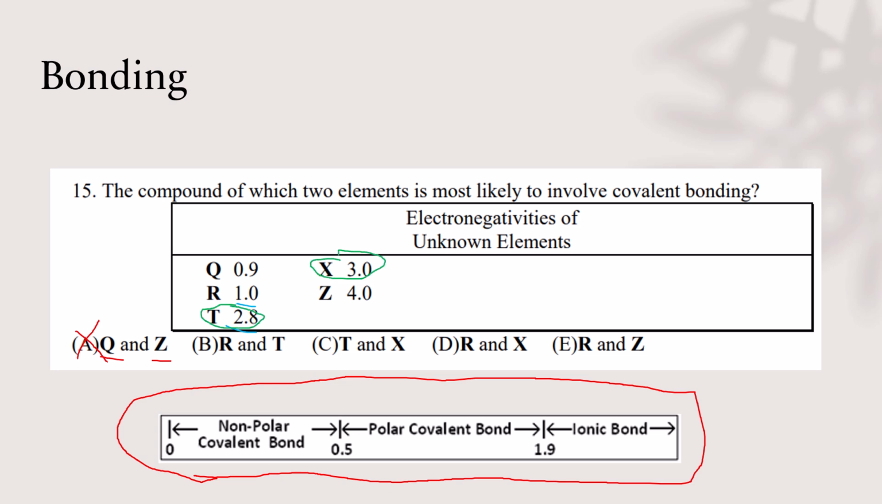I want to say T and X is going to be the winner, but I want to double check those last two choices just in case. R and X, no. R and Z, definitely not. So C is definitely your choice. Correct answer because of the very small difference between those two